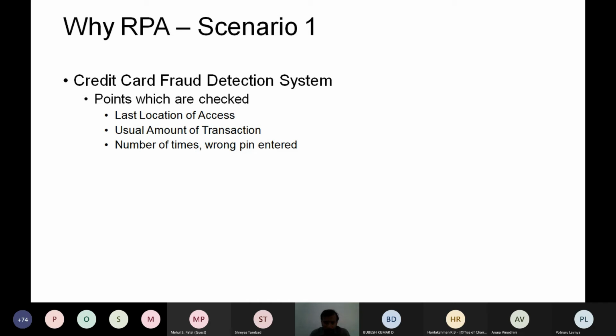So think we have 10 lakh customers. The details of all these customers are continuously received by the company. Think of an Excel sheet where 10 lakh entity details are stored. Each customer will have various fields like name, address, account number and other details, along with these three details: last location, usual amount, number of times, and so on. Think of data like that, an Excel sheet like that.